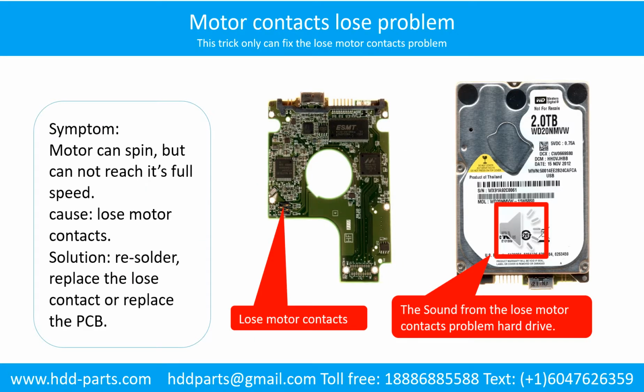Motor contacts loose problem. Symptom: the motor can spin but cannot reach its full speed. Cause: loose motor contacts. Solution: resolder, replace the loose contacts, or replace the PCB. Here is the sound from the